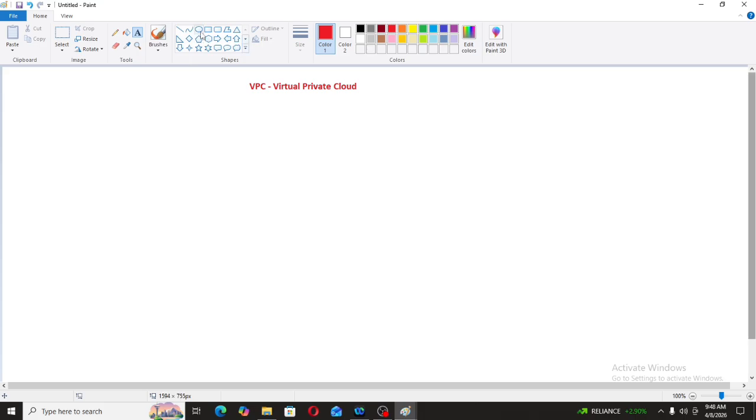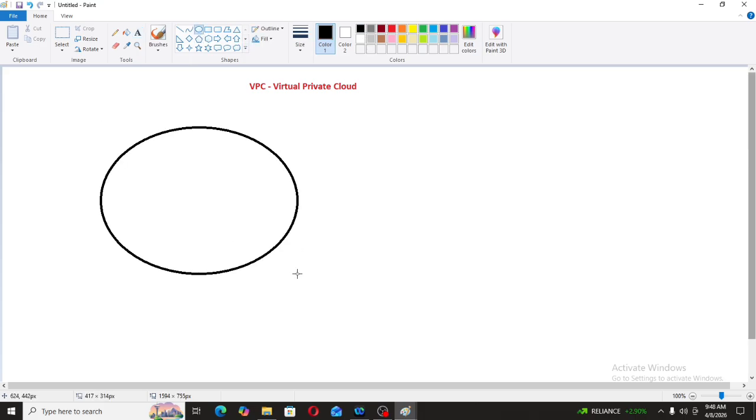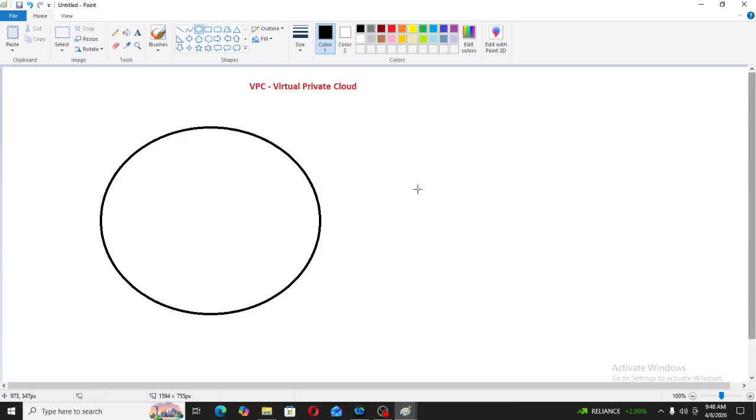Now let's try to understand. This is our AWS public cloud. This is one EC2 instance, this is another EC2 instance, and these are four EC2 instances.